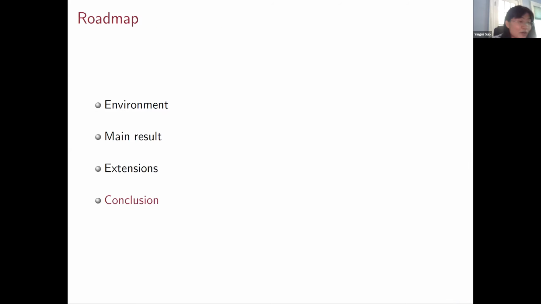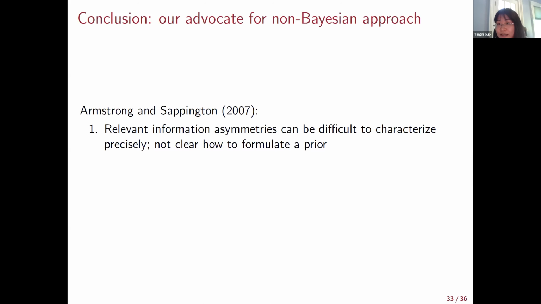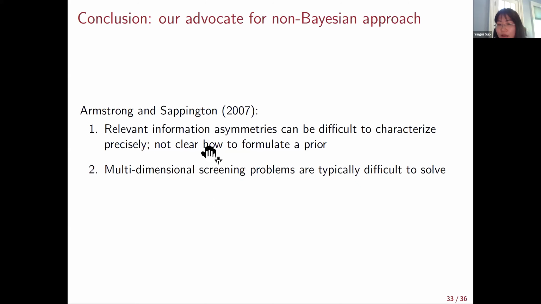So in the end, I want to go back to Daniel's question at the beginning: why we are choosing worst case regret as our approach to uncertainty. As I said before, we are choosing worst case regret over a Bayesian approach, mainly for 2 reasons. The first reason is that in many situations, information asymmetry is very pronounced, so it's not clear how to form a prior. The second reason is that multidimensional screening under a Bayesian approach is very, very difficult to solve. So in our framework, we are able to solve for the optimal policy, to identify which instruments are necessary and sufficient for optimality.